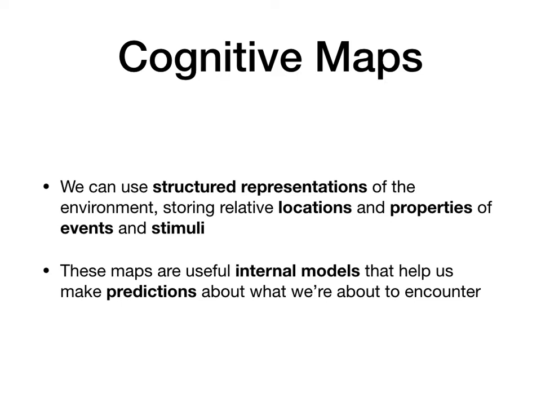And these maps are internal models of the outside world that let us make predictions about what we're going to see. And a prominent time this was explored was in